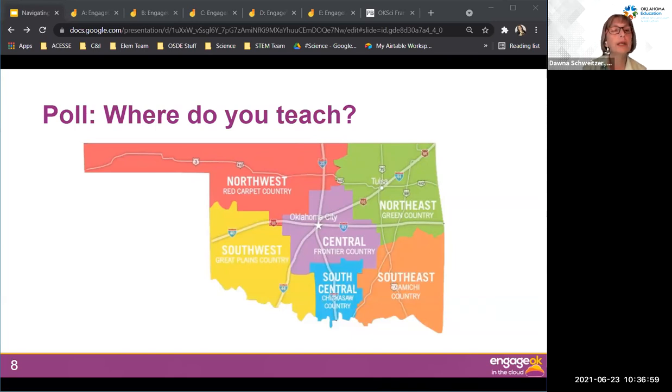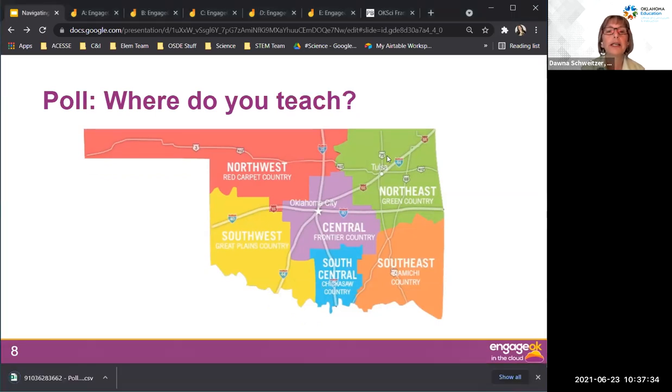We still have a few more people that are responding. And I hope you guys can see the results now, and it looks like we are represented. We have actually got somebody from every quadrant in the state, which is just incredible. And I think that also speaks to the fact of it being digital. It gives us a lot more opportunity with a large representation from Central Oklahoma and Northeast Oklahoma. So welcome all, no matter where you're located.